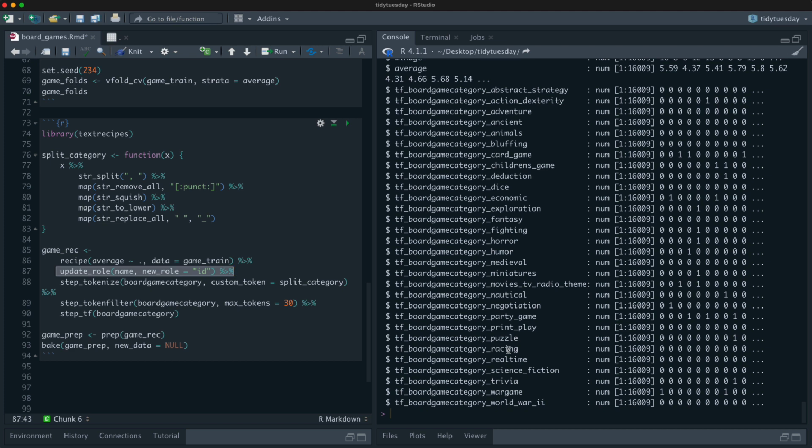So this looks pretty good. So there's only 30 here. Like I could have kept more. Maybe I will next time. And you can see here that like children's game, it's like 00011. Card game, 0011, blah, blah, blah. So we've got a 1 when it is that kind of game and a 0 when it is not. Okay, so that is